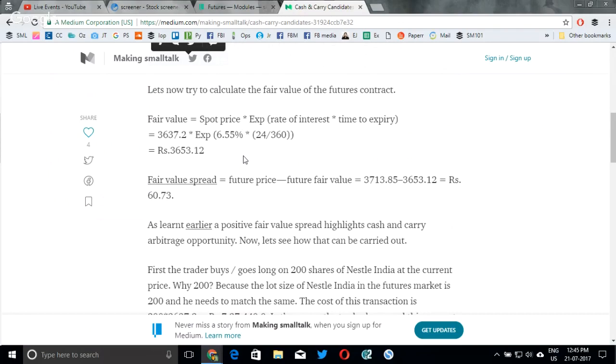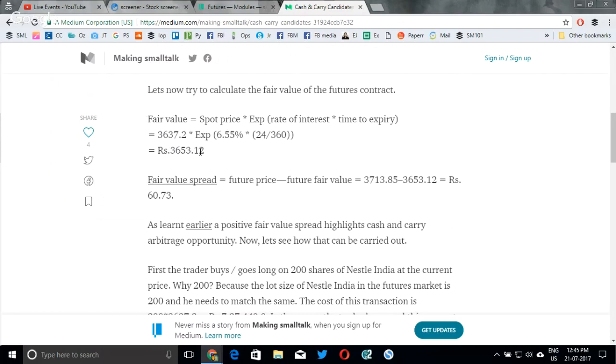Now, as I mentioned in the apartment example which we just discussed, fair value, for easy understanding, can be considered as the price that you will get at maturity if you decide to invest the spot price today and earn the risk-free rate. So that's how we have calculated the fair value in this example also. You can see that the spot price is 3637.2, and we are calculating the interest that we will be earning if we invest this spot price for the next 24 days and earn an interest of 6.55% per annum. So the fair value of the future contract is calculated as